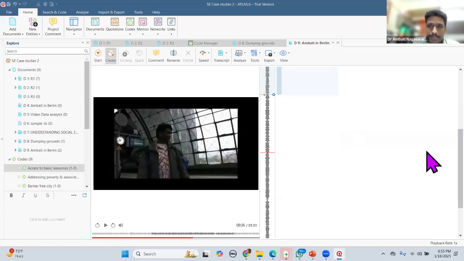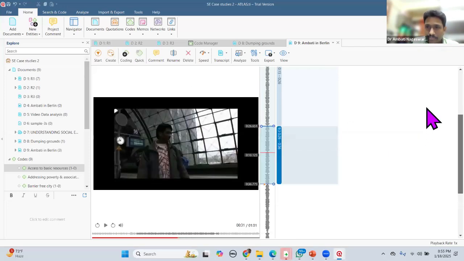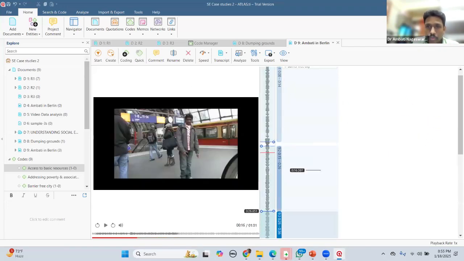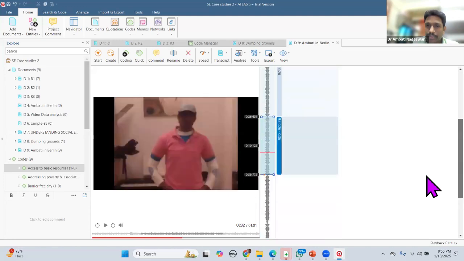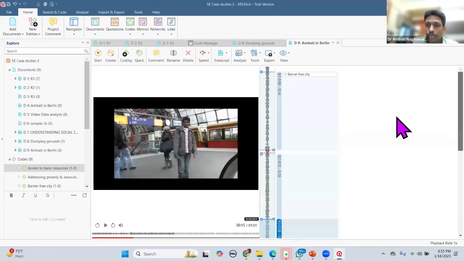Just again create. Please look at this side. We have 3 codes, 1, 2, 3, right? This is how we are going to do coding part. But if I want to transcribe, if I want to write something here while watching, instead of creating codes, instead of creating comments, right? I want to simultaneously transcribe the data. Whatever I'm hearing, I want to do manual transcription part. For that, what you have to do is,